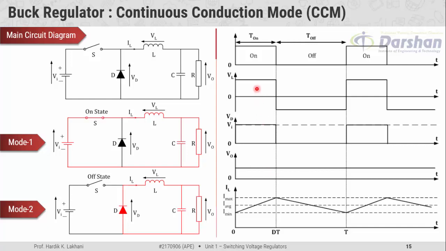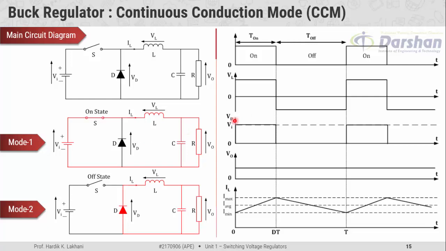During the first interval, voltage across inductor is nothing but the input voltage minus output voltage. The reason is the inductor is connected to the source on the left hand side and it is connected to the load on the right hand side. So using the circuit and network theorem, the direction of the current through the inductor is in this way. So the voltage on the left side minus voltage on the right side. So the voltage across inductor during the mode 1 is nothing but the input voltage minus output voltage.